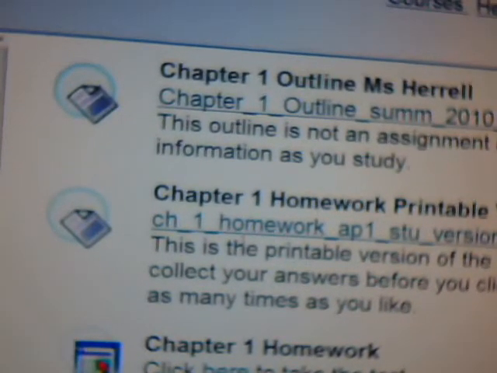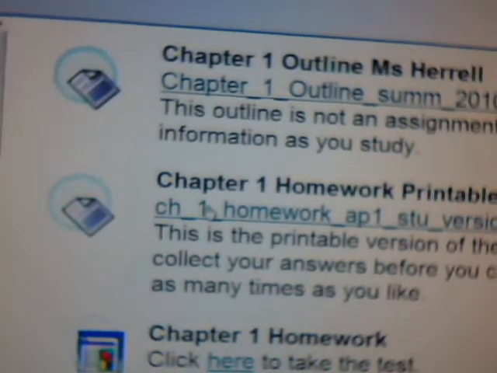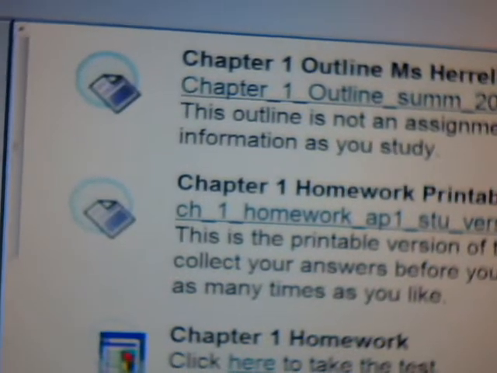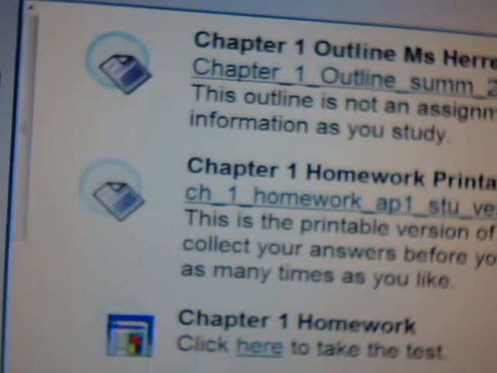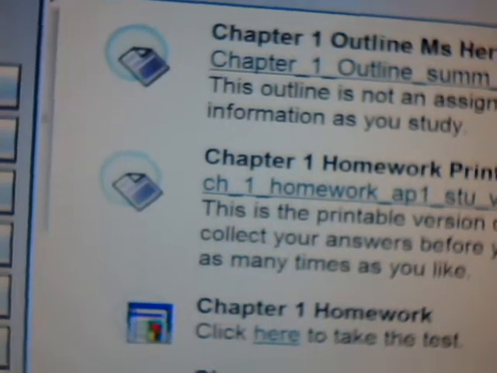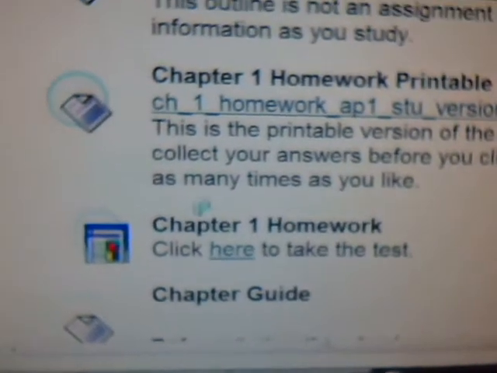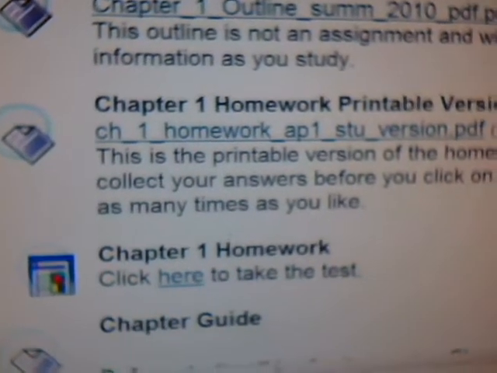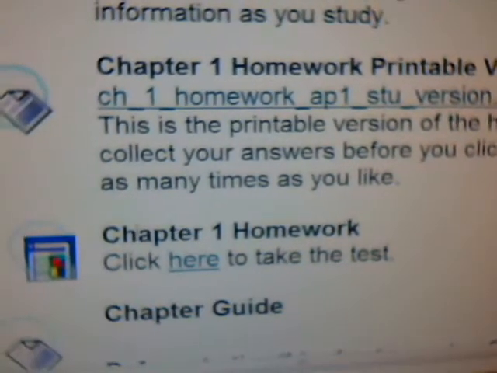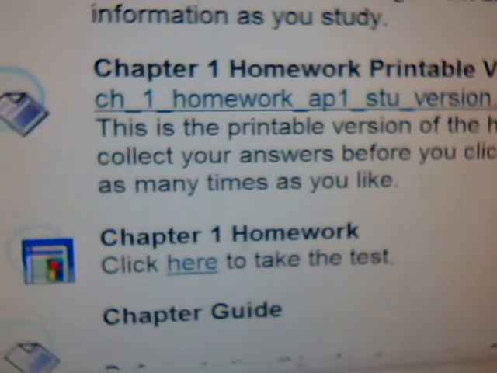So print that out first. Click on that first. The submittable version is where you will put in your answers. And for all submittable versions, you can only click on the submittable versions once. So be sure you're ready with your answers before you click on any submittable